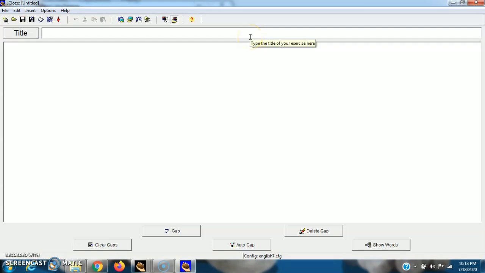As I already told, JCloze is used for gap filling activities by the students. So I title it as gap filling activity 1.